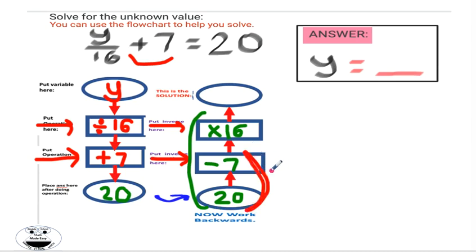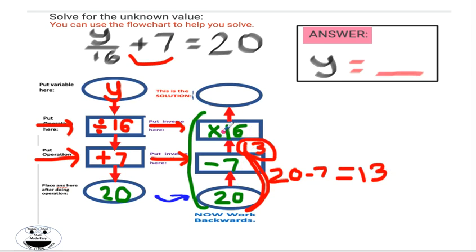So first I'm going to do 20 minus 7 because that's what the flowchart says. Remember, it's not 7 minus 20. We're starting from the bottom and following the arrow. 20 on the bottom minus 7. And we get 13. And I'm going to write the 13 here, or you might want to put it over here to remind you that we're going to now take the 13,